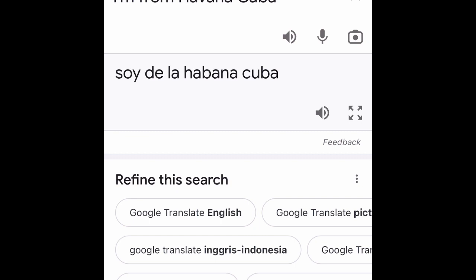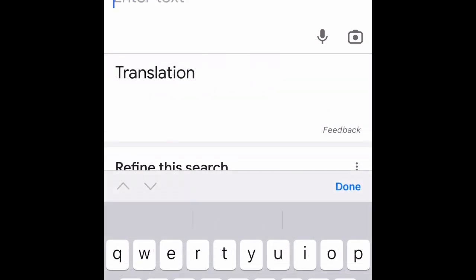So now let's get into the final letter, which is the T. The T is going to be pronounced kind of harshly, not like the soft T that we pronounce. In Cuban Spanish, it's pronounced more harshly.